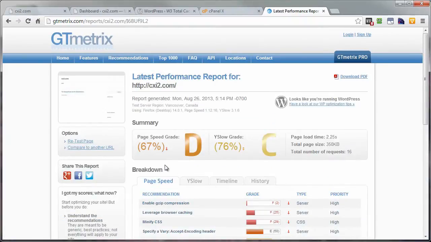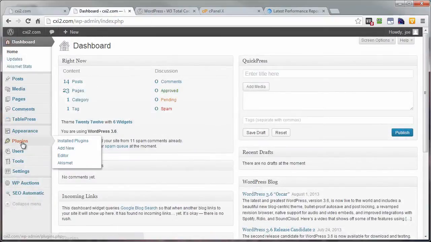There we are. Not very impressive numbers. But that's about to change. Now, we're going to go ahead and install, activate, and configure just the basics of our W3 Total Cache plugin. Come back here and click on the retest page link, and hopefully these numbers will change. Spoiler alert, it will. So let's come on back over here to our dashboard area, go to Plugins, go to